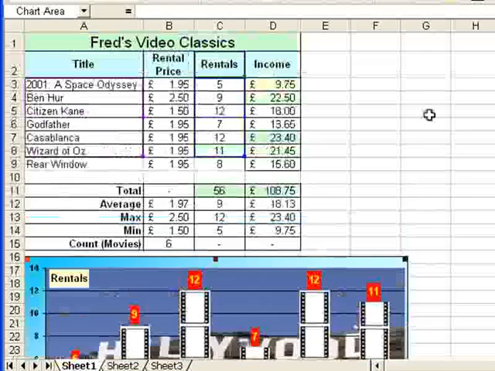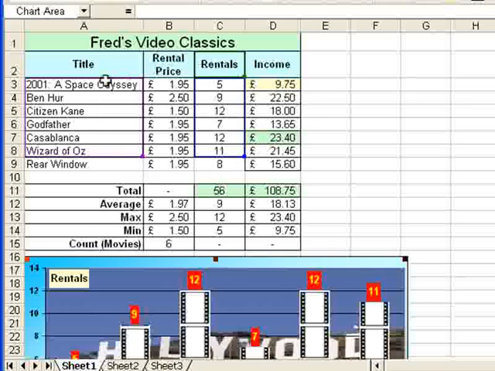What it does, it puts these blue boxes around the areas of information that are included in the chart. So there's a box around the titles, and there's a box around the rentals column, which includes the column label and the actual values there. Now as you see that these boxes end at the Wizard of Oz, and we don't want